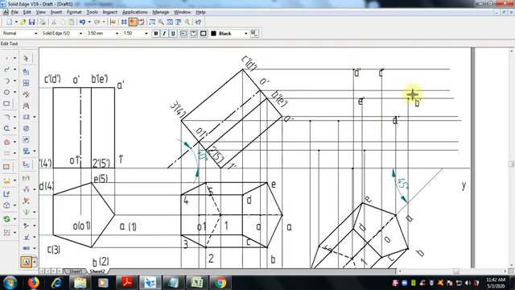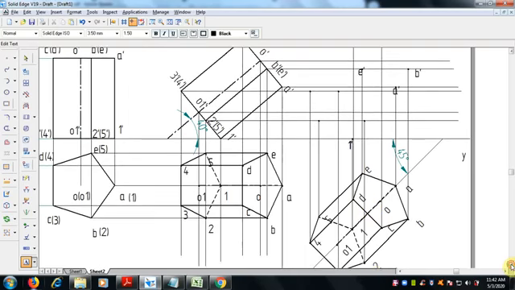So these are all the A, B, C, D dash, and here 1 dash, then 2 is coming here, this is 2 dash, 3 dash, 4 dash and finally 5 dash.